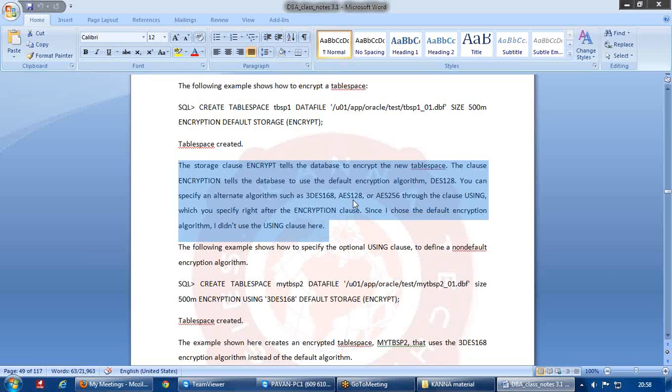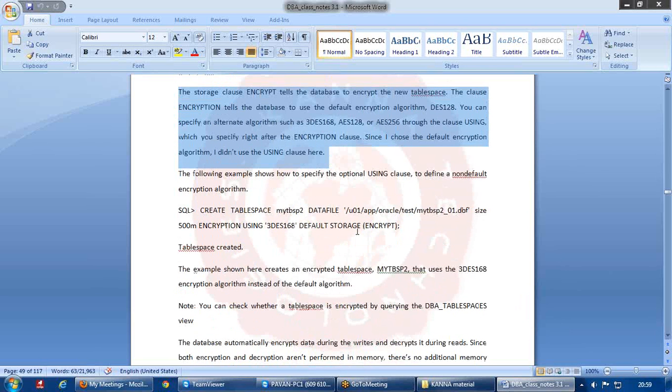DES128 provides a little bit of encryption, and when you go for AES128 or AES256, it provides much more encryption. So for hackers, it will be a difficult task to decrypt the data. So we have these different encryption algorithms.